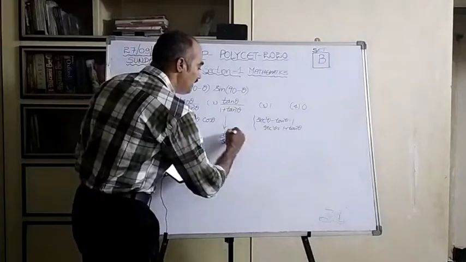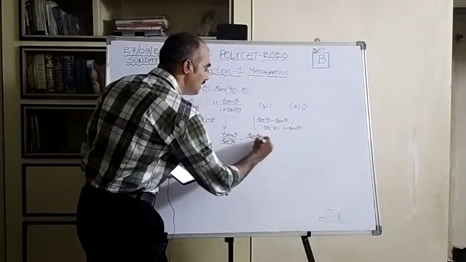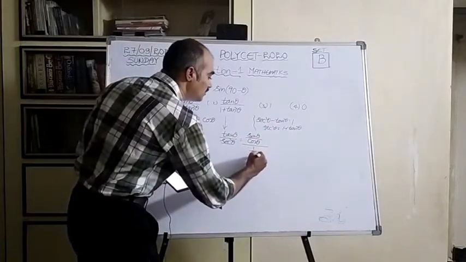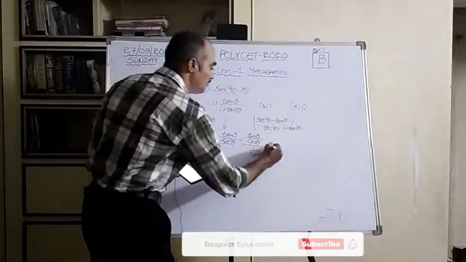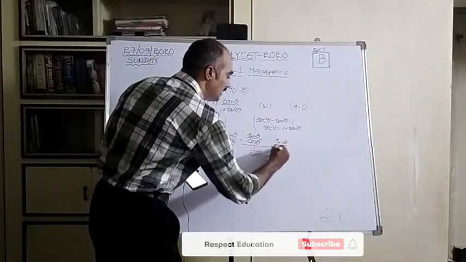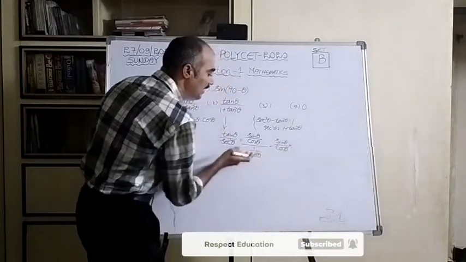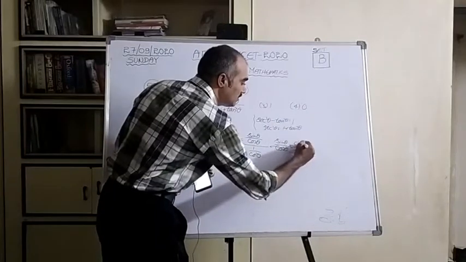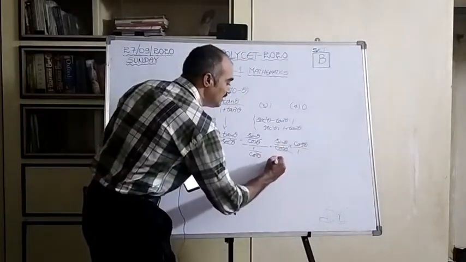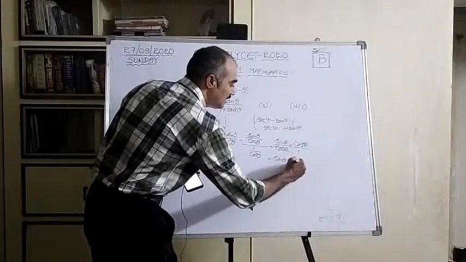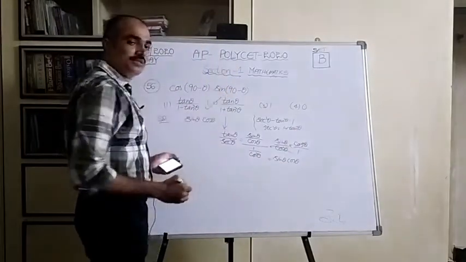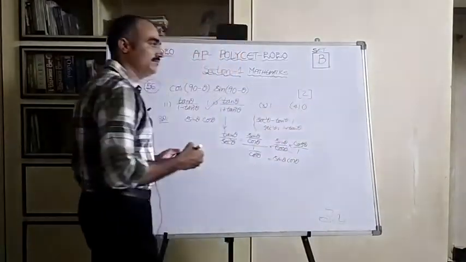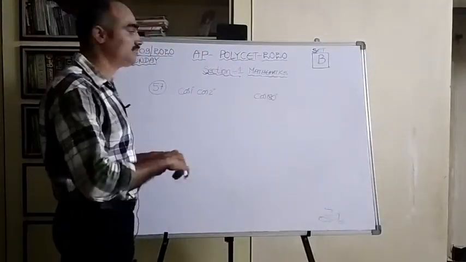Now we already know tan theta means sin theta by cos theta. So sin theta by cos theta, divided by secant square theta, which means 1 by cos square theta. Let us simplify this: sin theta by cos theta as it is, into the reciprocal, cos square theta by 1. One cos theta cancels with the square. So sin theta into cos theta is left. That means from the given options for this 56th question, option 2 is the right one. Now let us see the next question, question number 57.